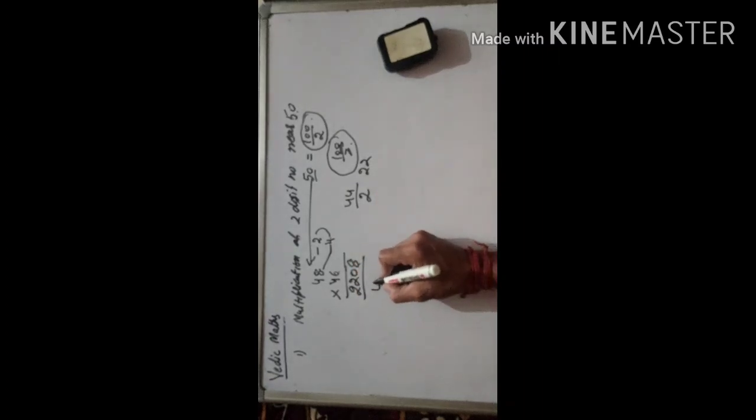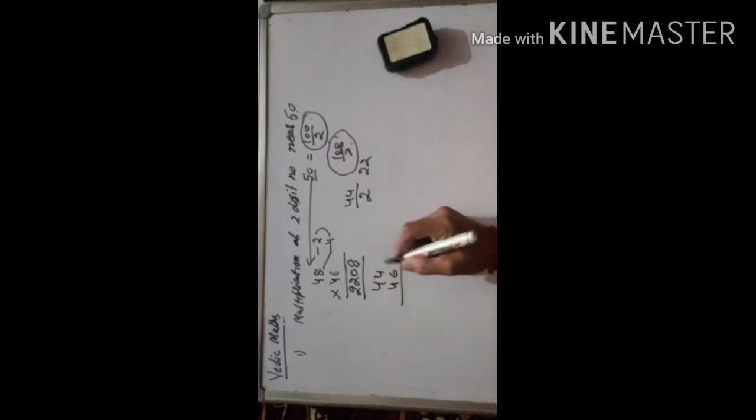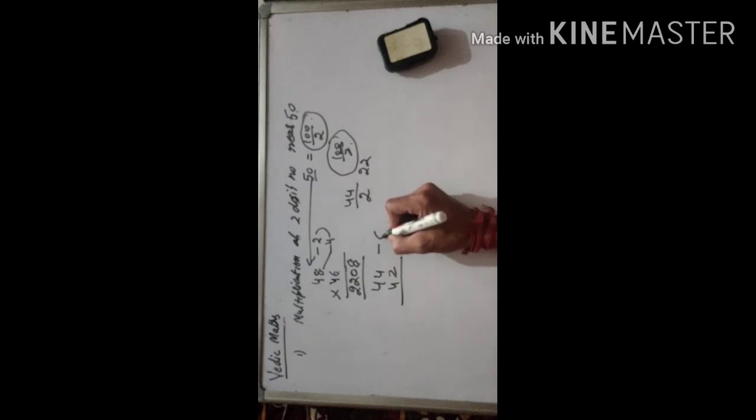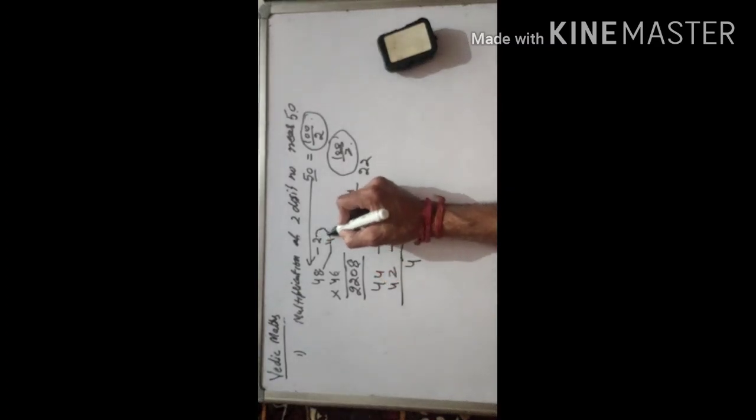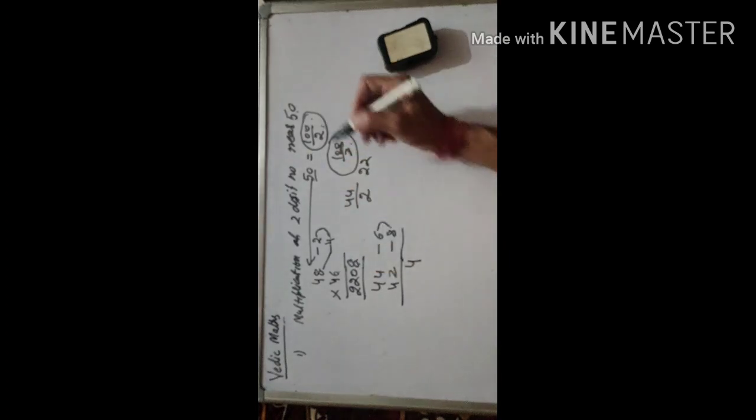Again, see again. 44 into 46 or 42. How much is less? This is 6, this is 8. Now 8 6s are 48. Already a 2-digit number, no need to add 0. Here we have to add 0 because 4 2s are 8, a single digit. Base is 100 by 2.